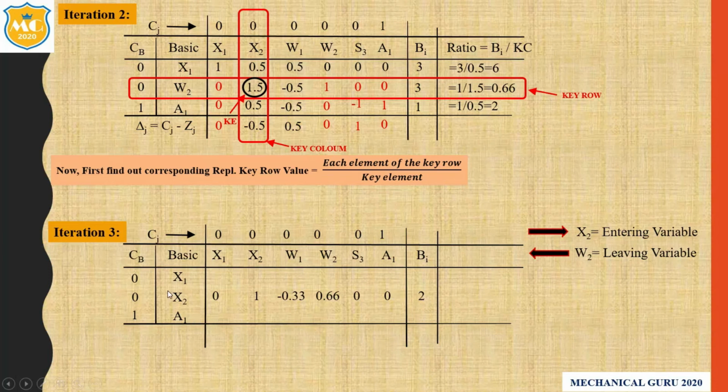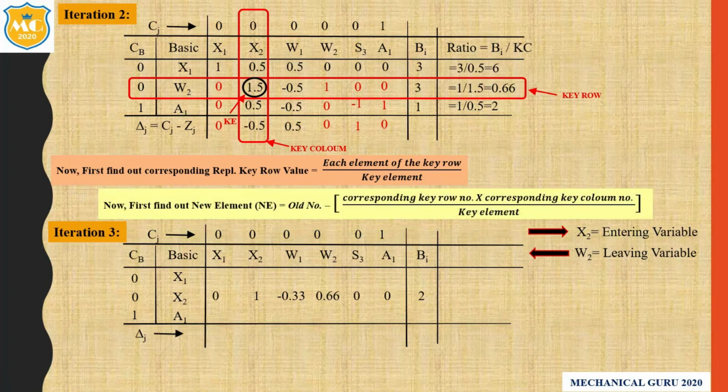And for the other values we have to use the same equation. So here again we have to apply our shortcut method. So here the w2 column value, that is 0, 1, 0, 0, just copy and paste in the x2 column. So here 0, 1, 0, 0. Remaining variable, that is x1, so x1 value 1, 0, 0, 0 and a1 value 0, 0, 1, 0.